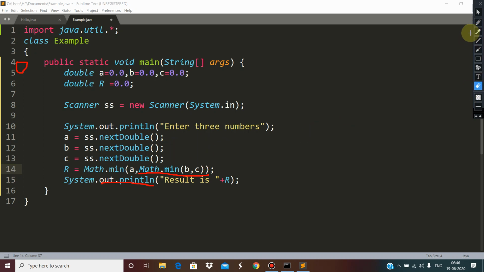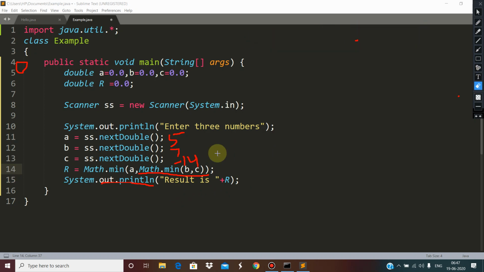I'm going to explain one example. Suppose we have entered 5, 7 and minus 14. What will happen? Initially 7 and minus 14 are compared. The innermost function Math.min(b, c) will return minus 14. And A was 5. After that, this result minus 14 will get compared with 5, resulting in minus 14 as a result.